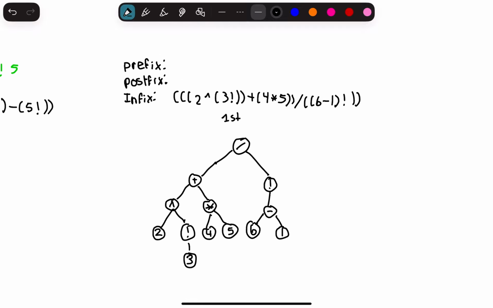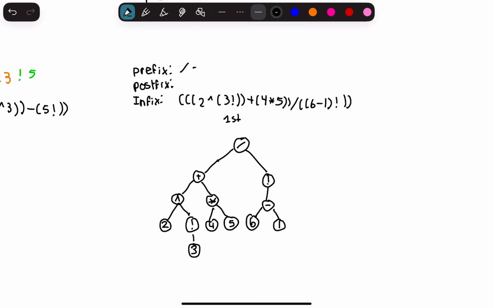Your prefix is going to be root, left, right, so that's going to be plus, 2, 3, 4, 5, 1. And your postfix is going to be 2, 3,